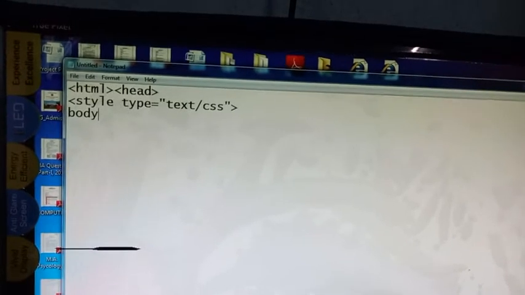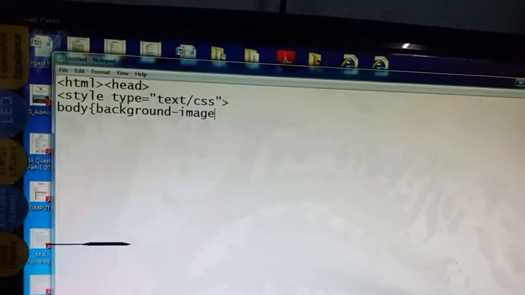Body. This is the selector, that is where we want to add image. It is in the body background. Now background image URL.